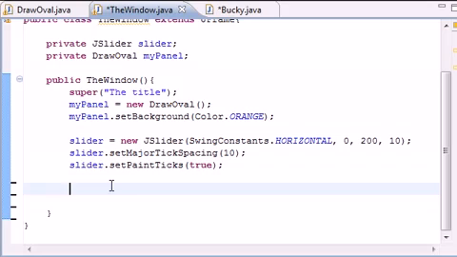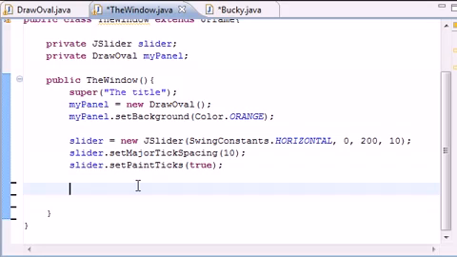So in the last tutorial what we did is we built that little thing called a slider on the screen. So right now it's just chilling there. We can slide it back and forth. It has tick marks on it. It looks nice, but it doesn't really have any functionality. So in order to have functionality and actually make it do something useful, we need to add a listener to